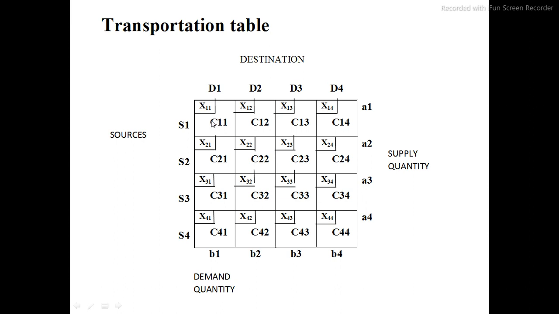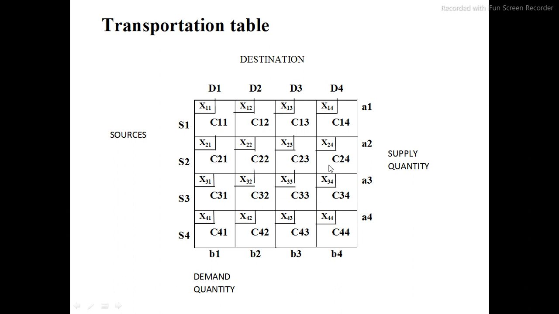That is the cost for transporting a single pen from S1 to D1. C11 is the cost. Similarly, if you want to transport a pen from S2 to D4,